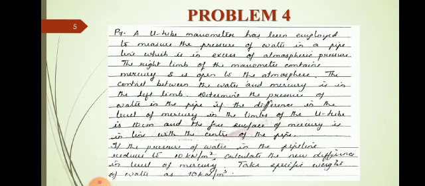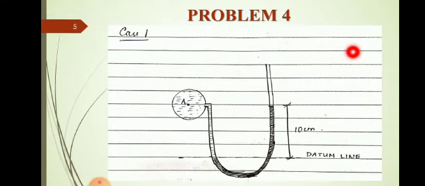So you are asked to determine the pressure of water in the pipe if the difference in level of mercury in the limbs of the U-tube is 10 centimeter and the free surface of mercury is in line with the center of the pipe. So one more condition is there. The free surface of mercury is in line with the center of the pipe. Which is the free surface of mercury? This is the free surface of mercury. It is in line with the center of the pipe. So this point and A are in line with each other.